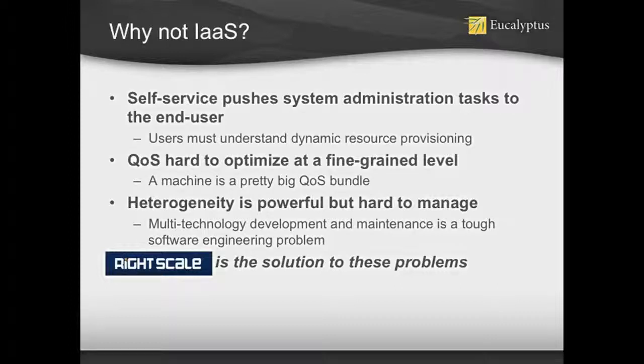And lastly, heterogeneity, the idea that you're working with lots of different technologies at lots of different rev levels is a great thing. It's very powerful. You can really do great cost optimization by zeroing in on exactly what you want in multi-technology, but it's hard. Right? Now you have interactions not only between different hardware and software packages, but at different rev levels. And if you've ever worked with Linux, especially, Ubuntu 9.04 is nothing like Ubuntu 10.04. They're both Ubuntu Linux, but God help you if you try to combine libraries from both, because they are really, really different. So there's this heterogeneity problem.